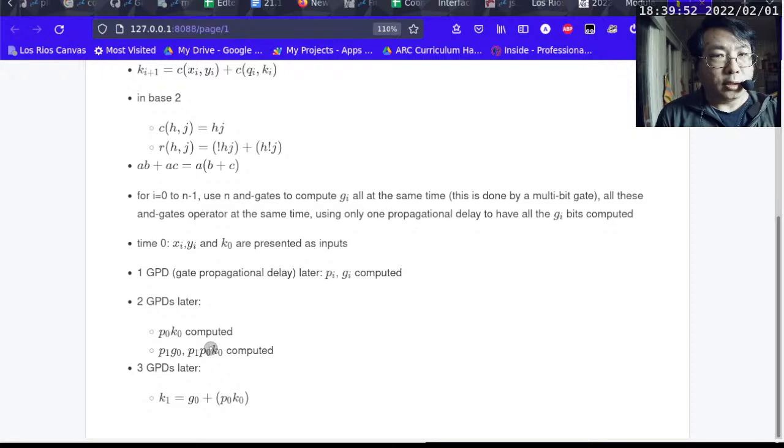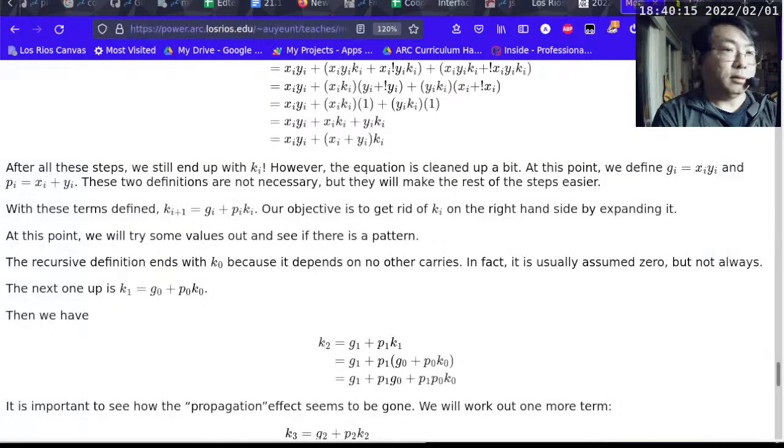So are we good so far? Are we convinced that 2 gate propagational delays later, now we got 3 results done? The first one is only useful for the computation of K1, but these 2 are useful for the computation of K2. So I'm going to let you guys think about that a little bit, and then I will switch back to here. If you have any questions, you might want to ask at this point, because